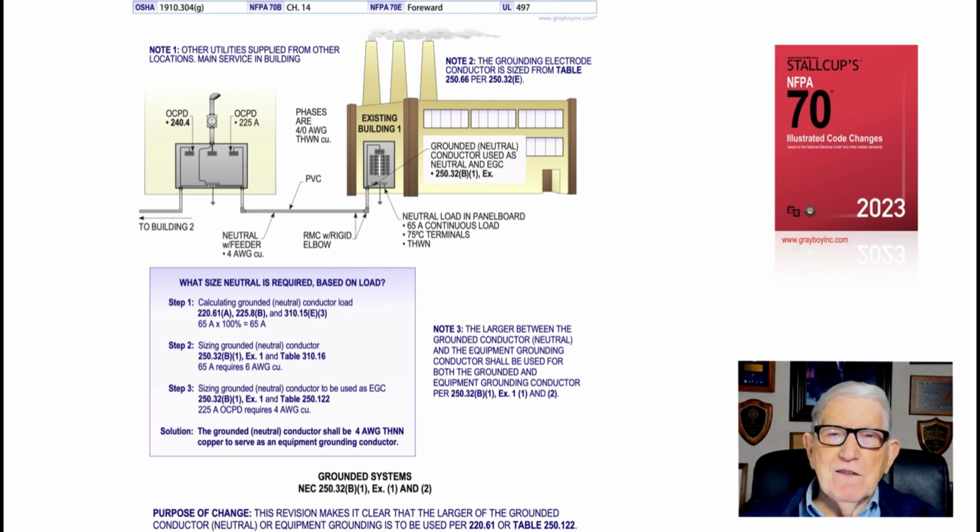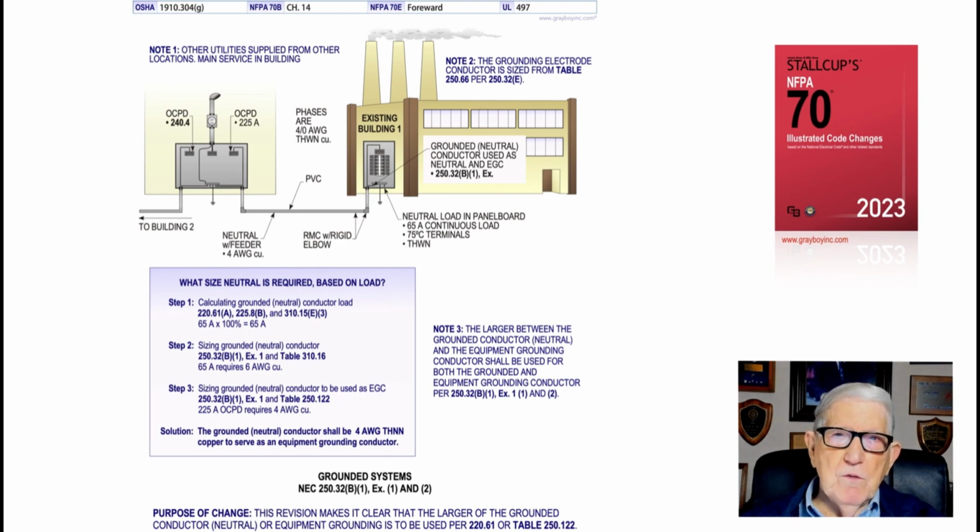Then you'd calculate the neutral load, and in step 1 and 2 we've done that, and it came up to number 6. But 225, the size of the main, per Table 250.122 would require a number 4. So the size in the solution would be number 4 and not number 6 based upon Table 250.122 and not the calculated neutral load